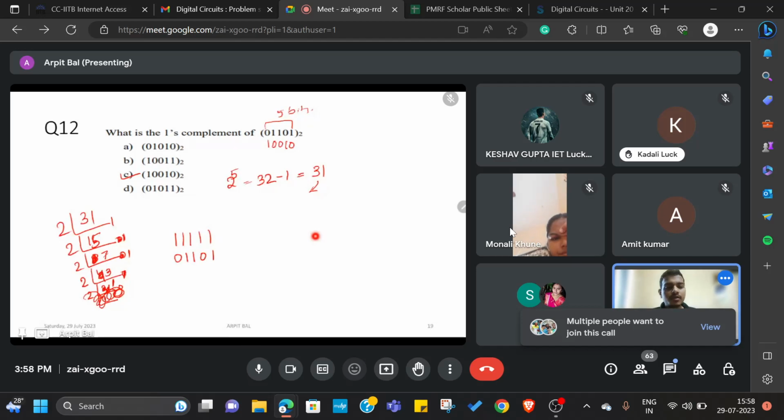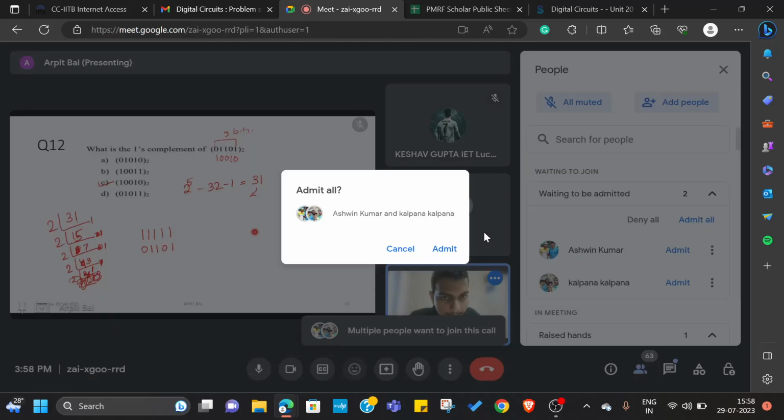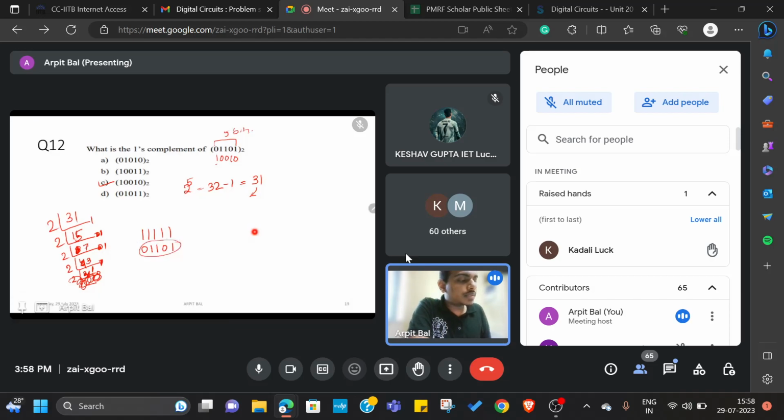Yeah, just a minute. Let me admit others. Yeah, and whatever number is given to us to find the ones complement, what we need to do is subtract that number from this particular number. Okay, so if we perform the subtraction, we can see this is 0, this is 1, this is 0 0, this is 1. So this is same as the ones complement,